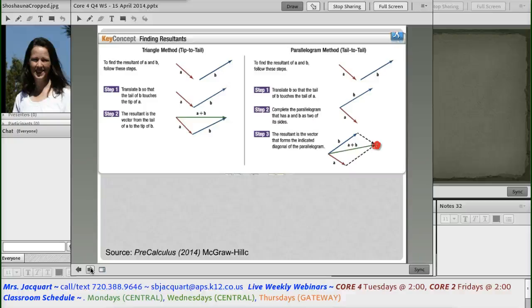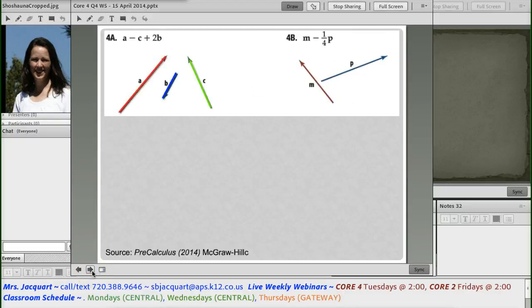This is our endpoint. And they're both ways to get to the same endpoint. You can follow A, go to B, then you'll end up at A plus B. So if we look at these,